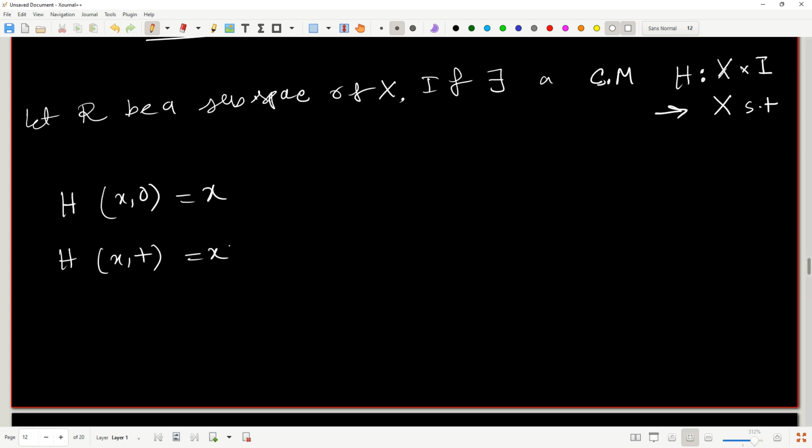This means the point is staying fixed, and here you have H of (x, 1) that belongs to R